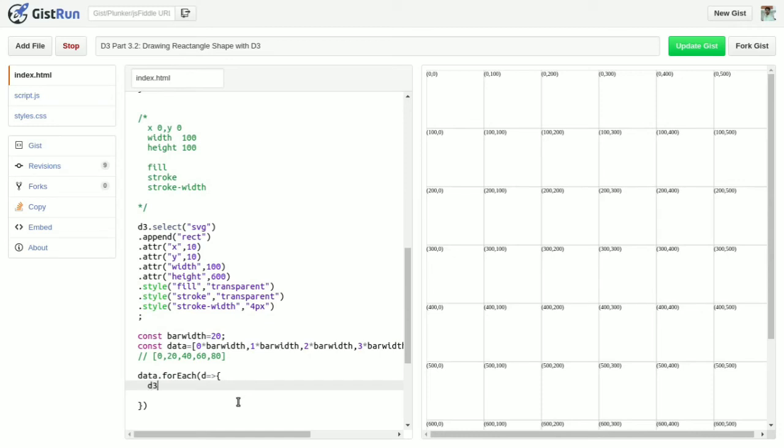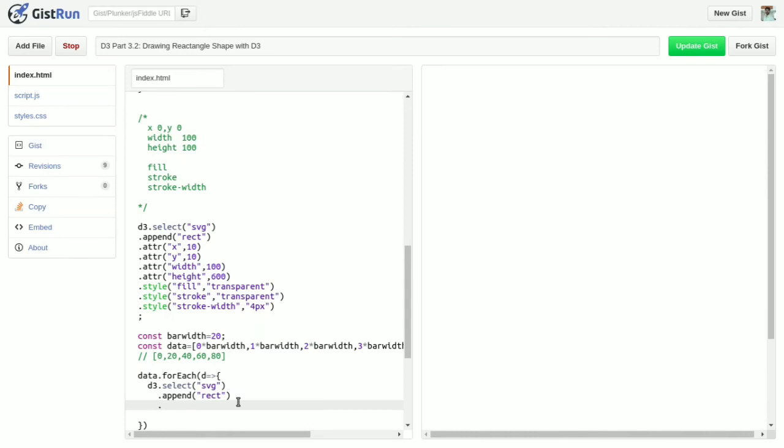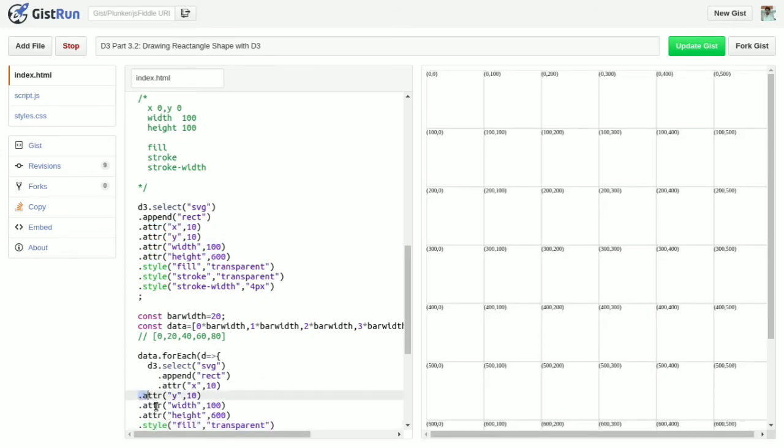So here I will do d3.select SVG, and in that I append rect. Then I provide all these attributes and fill. I just copy and paste here.